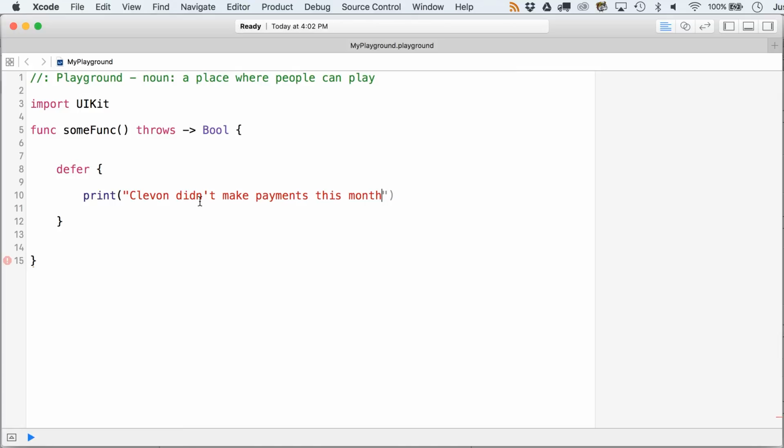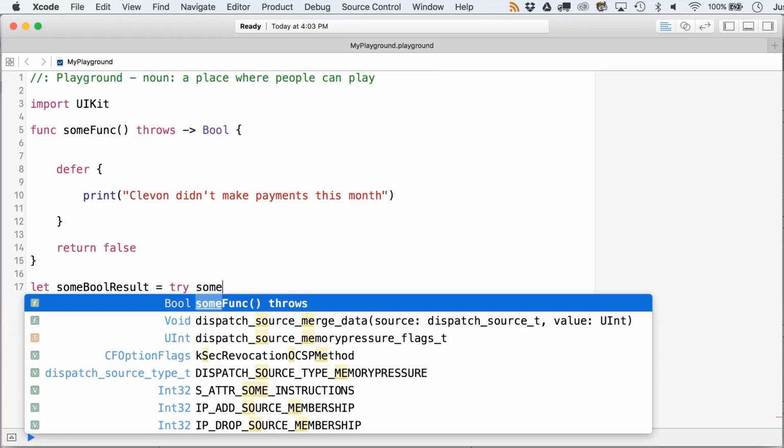Okay, all right. Well, there's a few things wrong right now. First off, to be able to run this, we did put in here this word throws. So when we actually call the function, we're gonna have to write try in front of it. But this works when you're returning things, and in this case, we're just gonna return out any old Boolean value, and we don't even have to set up a variable. We could just put in here return false. Further making this a terrible example, but let's just put in here some bool result. And let's just try to get the whole thing written in. That's always a good idea when you're programming, right? Write it all. Yeah. And then we'll put try and then some func. So there's where the